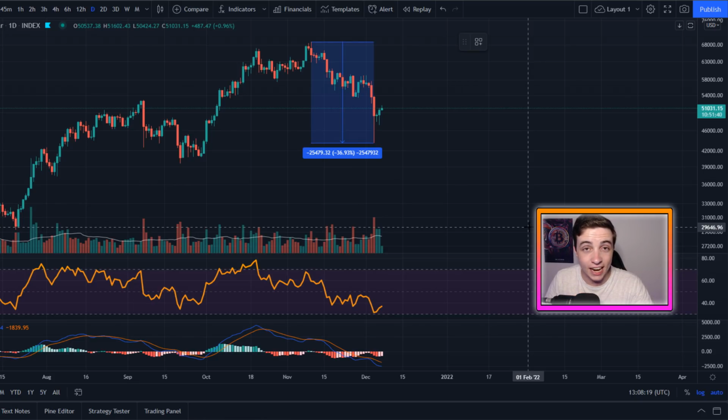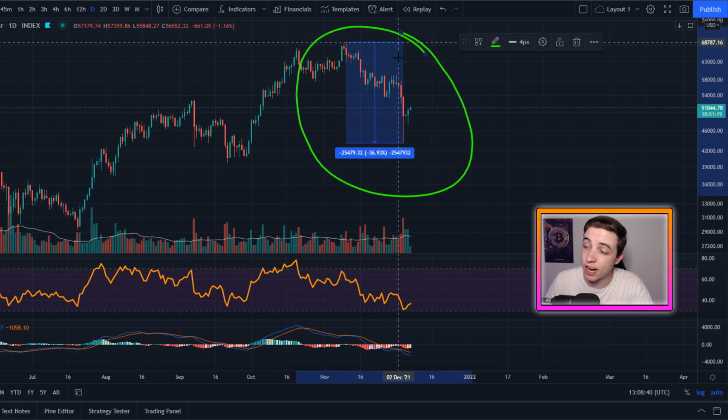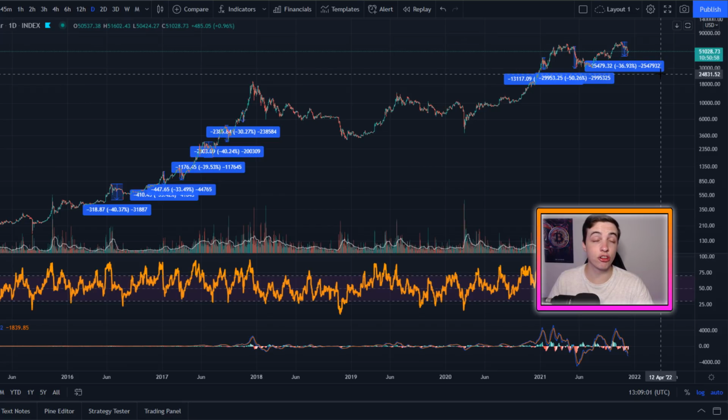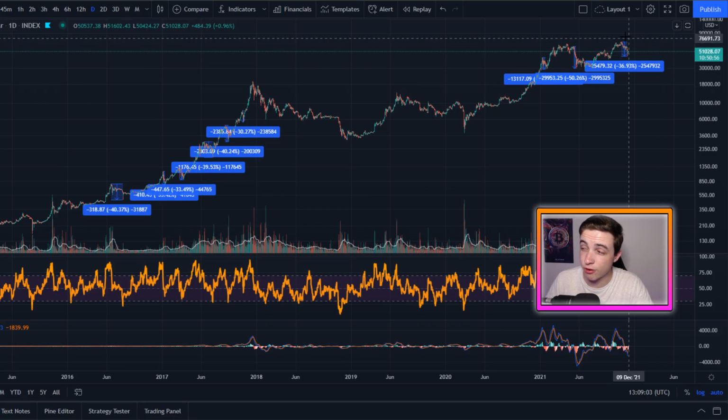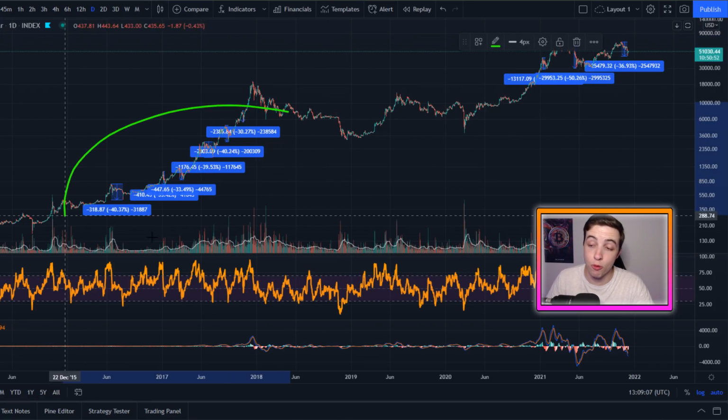And zooming out to the daily time frame for Bitcoin, this is a chart that I covered yesterday on the channel, and I was basically comparing the size of the recent Bitcoin crash to all of these other crashes that Bitcoin has experienced throughout its price history, to let you know that even a 30 to 40% crash to the downside is actually a very normal crash during a bull market, believe it or not.